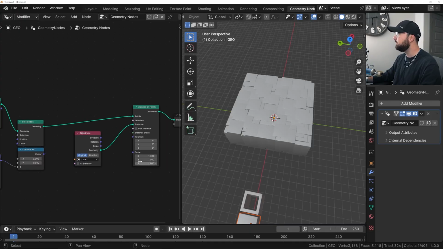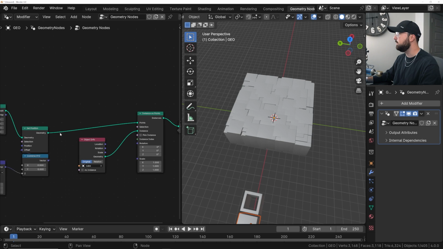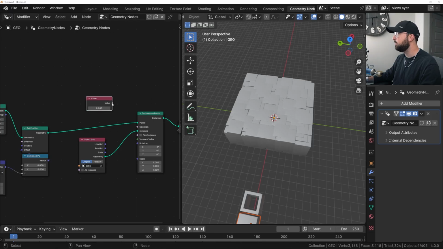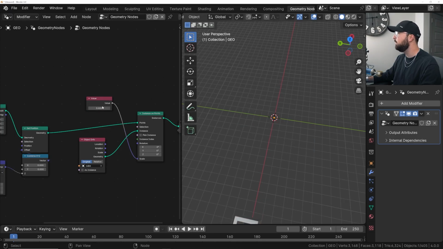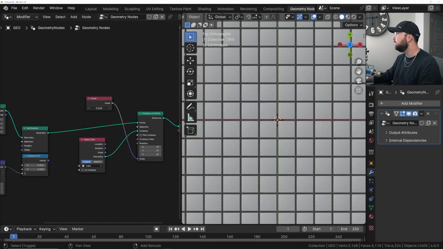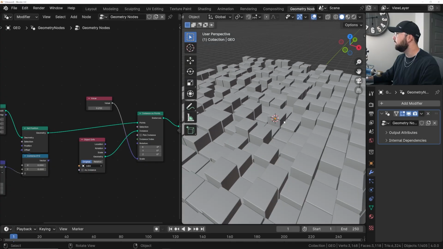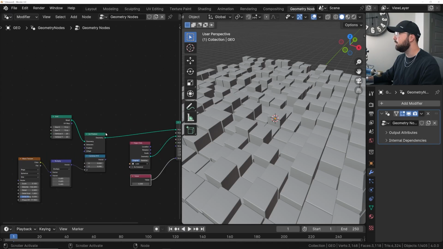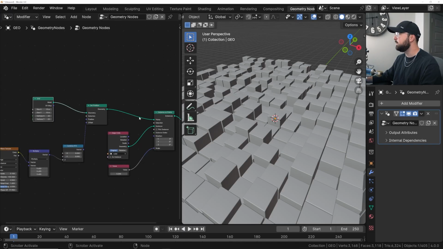So now that these are here, what I wanna do actually is I'm gonna go ahead and get a value node, and he's gonna be used quite a bit in this project. So I'm gonna plug him right into scale and then bring them up. I'm gonna hit the tilde key to go to the top just to get them exactly where I want them to be. That's probably a good spacing. Okay, so now what I want to do is right here. So right after this set position, I want to start